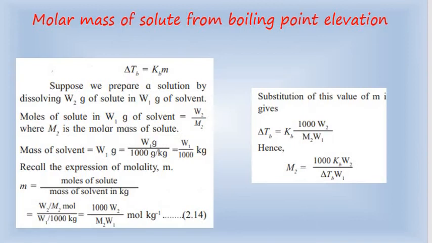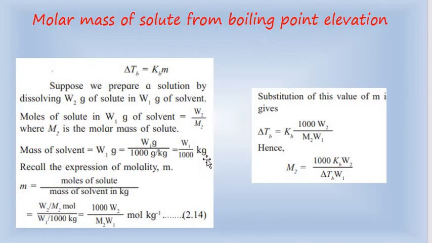If I want to calculate molar mass of solute from boiling point elevation, how would I do that? This is the formula we just have studied. Delta Tb equals Kb multiplied by molality. If we have prepared one solution dissolving W2 gram of solute in W1 gram of solvent, then moles of solute would be W2 upon M2 and mass of solvent is equal to W1 gram, which is also equal to W1